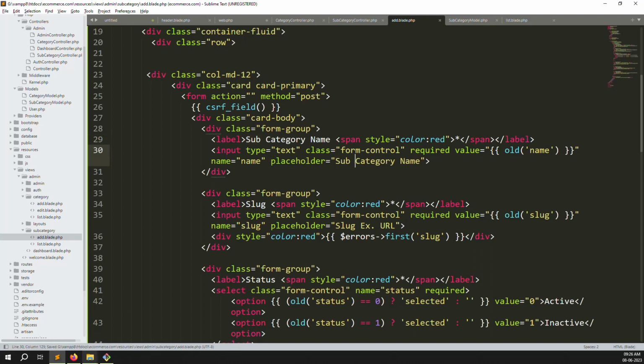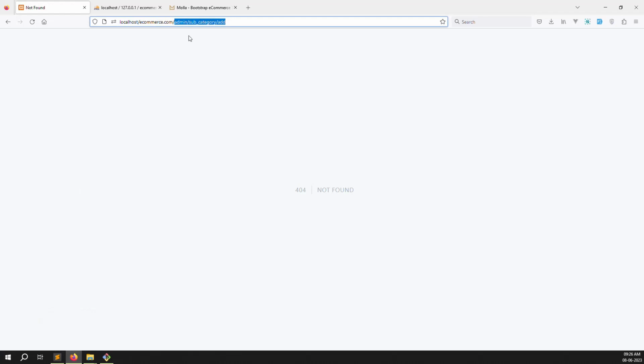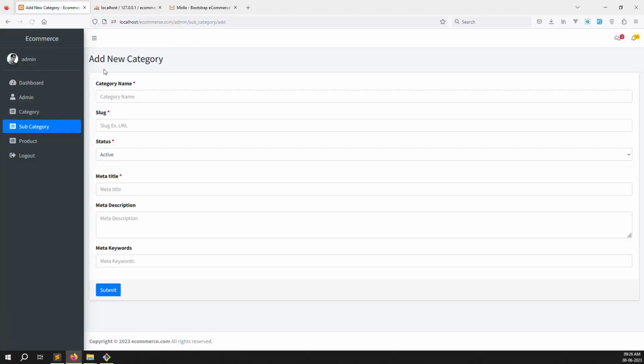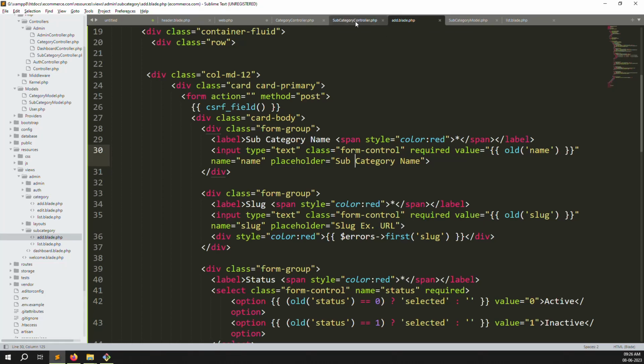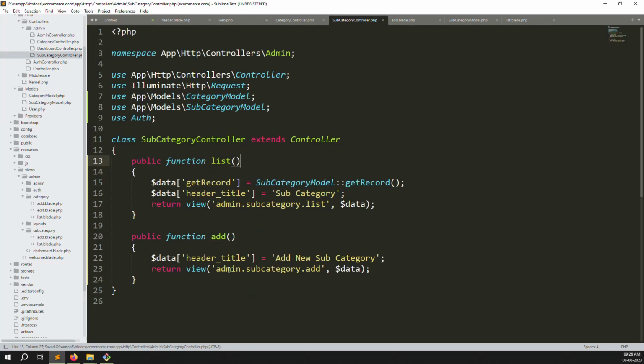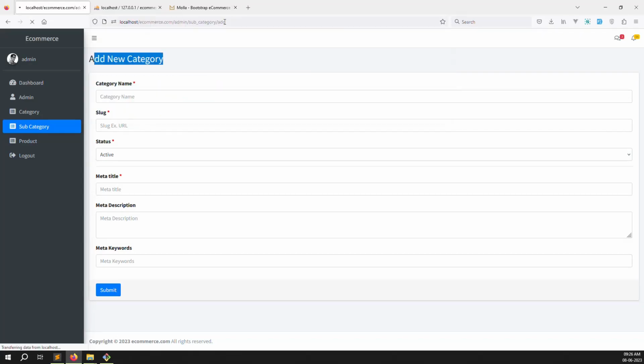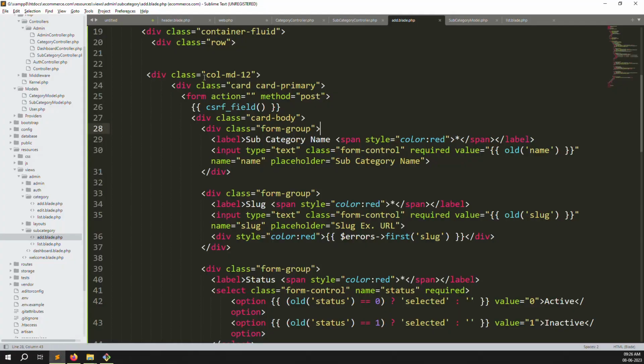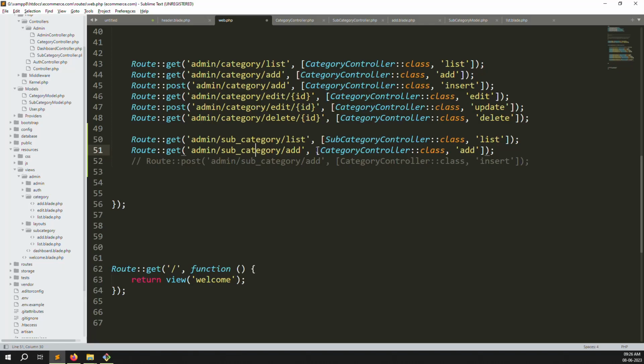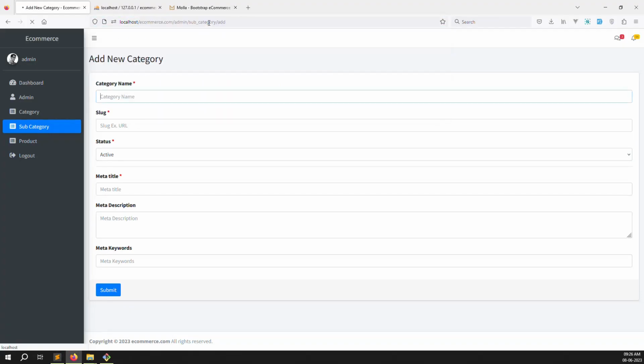Let's go back again, refresh the page so we can see it now. Just refresh the page so you can see it, add new subcategory. Here I think a file is not saved. Which is the file? Okay, I will save this one. Also this is the file I will save. Okay, go back and refresh the page. Here it is showing the subcategory. Okay, I think I did not save these routes. Let's refresh,